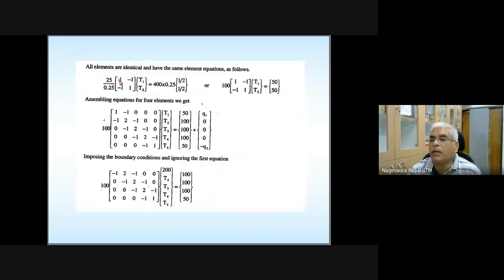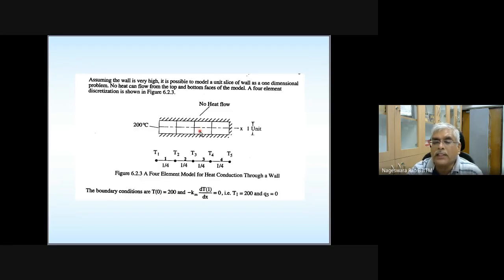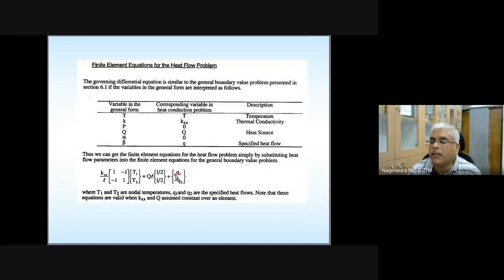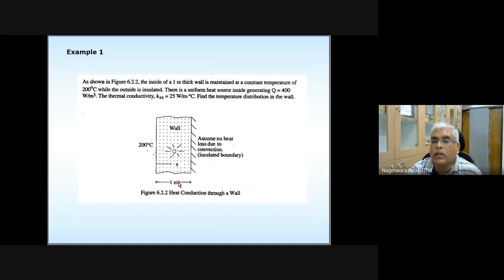So you derive or write the element equation for each of the elements. It's going to be identical for all the elements. And you can see here zeros are there. Why are these all zeros? You can see here, for the first element, let's say node 1, node 2. For the second element, node 2 is going to be its first node. So when you see the contribution, when you add the second element, it's going to be